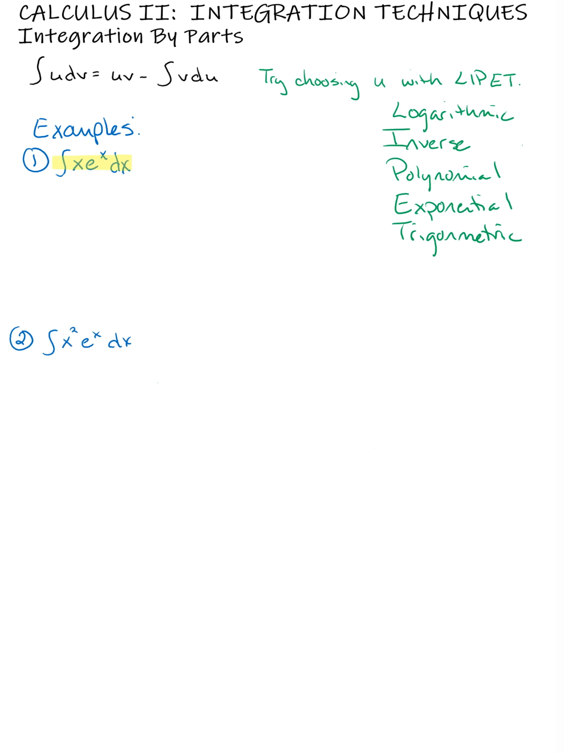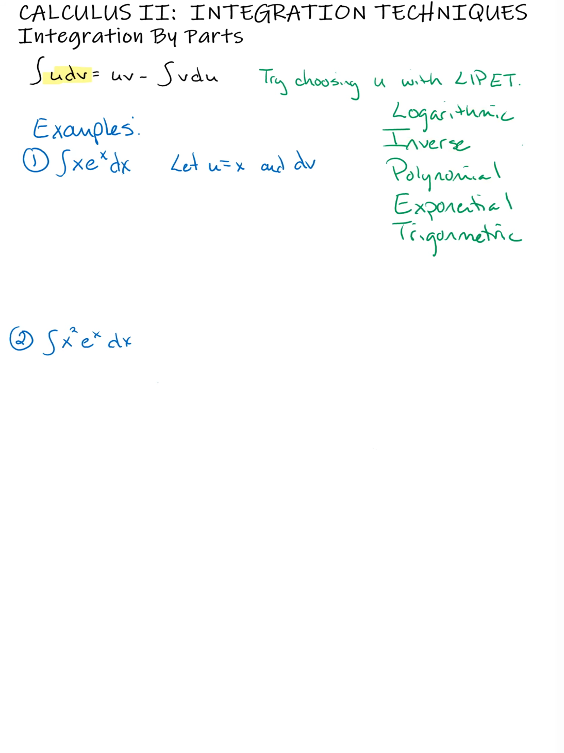Let's start with the integral of x e to the x dx. Now, you'll notice that this looks like it's a product of two different things, and one of them is not the differential of the other. So in this case, I'm going to first look for a logarithmic function, and then there's no logarithms here, so not going to have that one. So next, try inverse. Again, no inverse functions, but I do have a polynomial function, and that's what I'm going to let u equal. And so in this case, we will let u equal x,